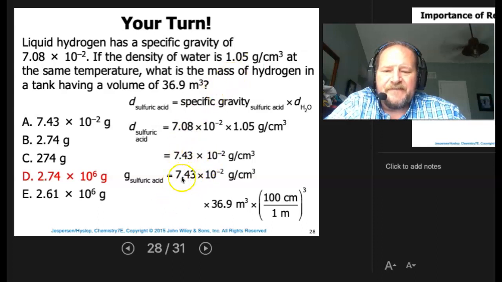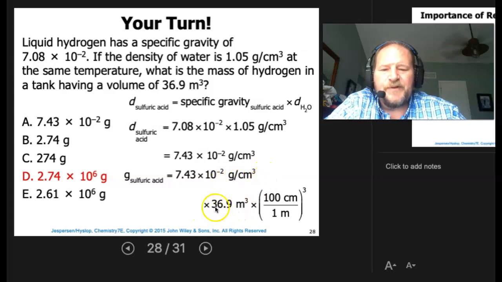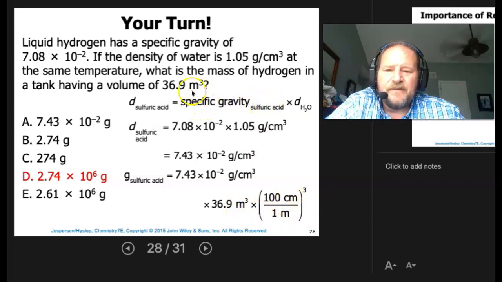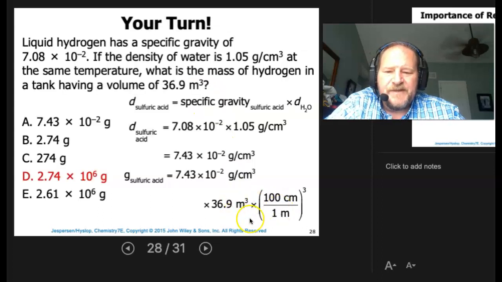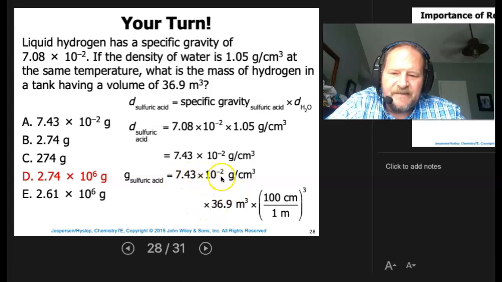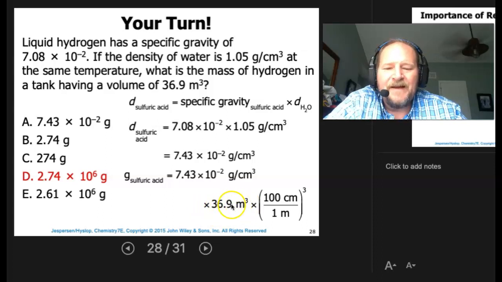And so we'll take the 7.43 times 10 to the negative 2, multiply that by the 36.9. Of course, we have to switch to get rid of the meters here because they gave us meters up there. We'll make those meters cancel out and take 7.43 times 10 to the negative 2 times 36.9, times